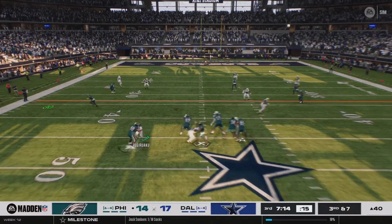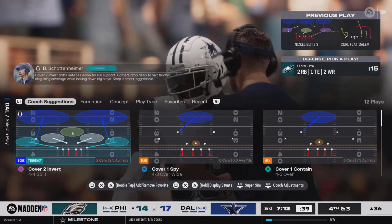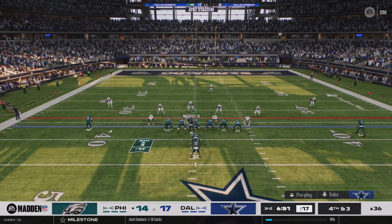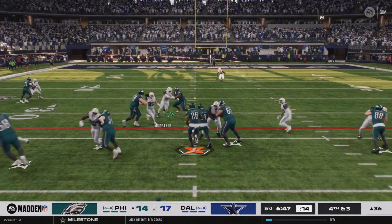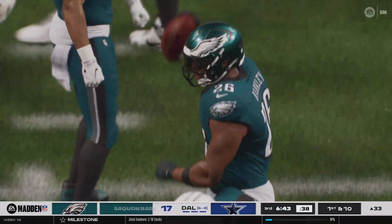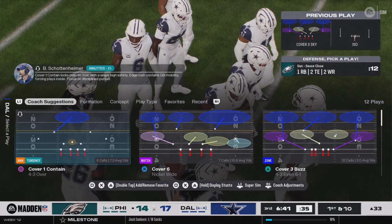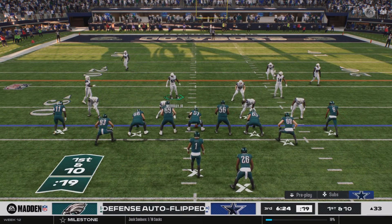To throw is Hurts. Quick throw, out wide, it's caught. And it seems like he just cut that route a little too short. He's got to get more depth on the initial stem, and that way he makes sure when he catches the ball, it's beyond the sticks. And he's going to have an Eagles first down, it would appear. Yes, he does, by a full yard. They pick it up on 4th and 2. First down. It's a gain of 3. First down,